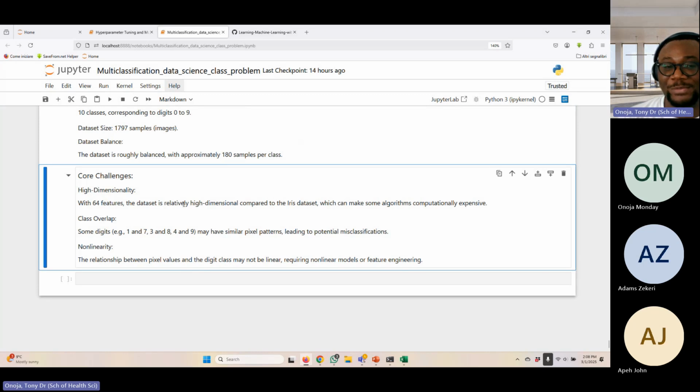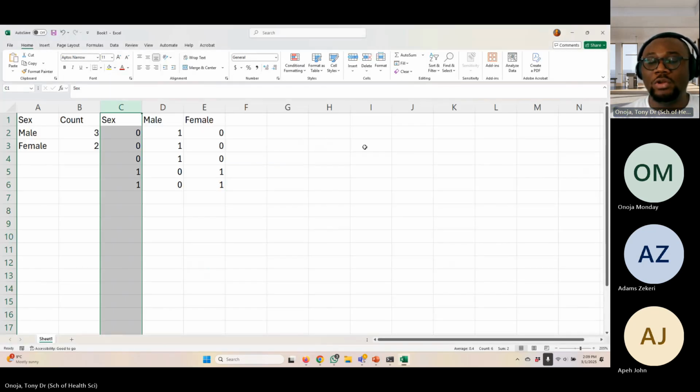The dataset seems to be relatively complex compared to the Iris dataset. And the computation is going to be expensive, of course, because now we have 64 features and 1,797 samples, so it's quite big. Then another thing is that this is a non-linear relationship because we are talking about pixels. But the emphasis I want to make here is that the reason